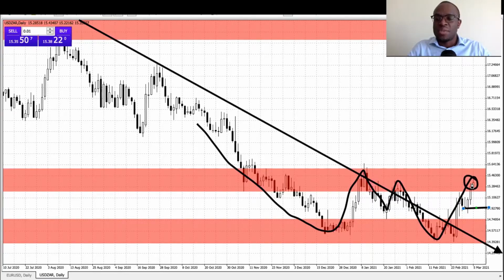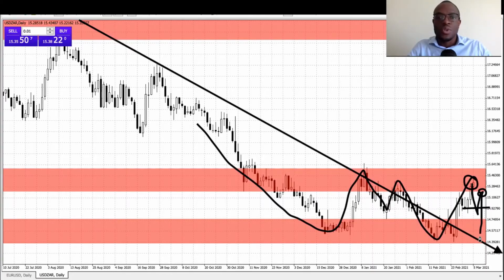Since the price has made a higher high here, we can wait for the price to first make, because we cannot sell in a higher high, right? We have to wait for the confirmation that the price is actually moving to the downside. We have to wait for the price to first make a lower low. So this means that the price is going to break, it's going to close below the 14.92790 zone. So upon retesting it and it closing below the previous high, that's when we can be comfortable taking a short position up to